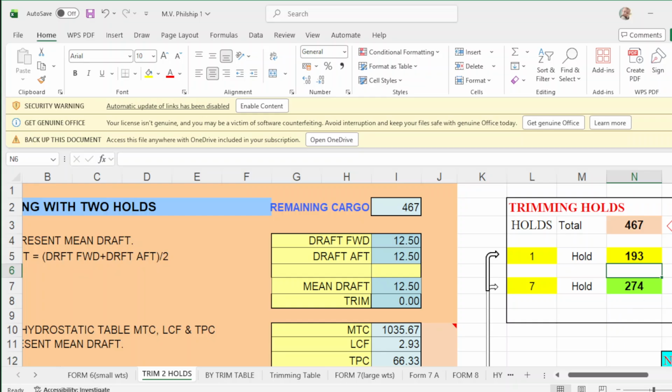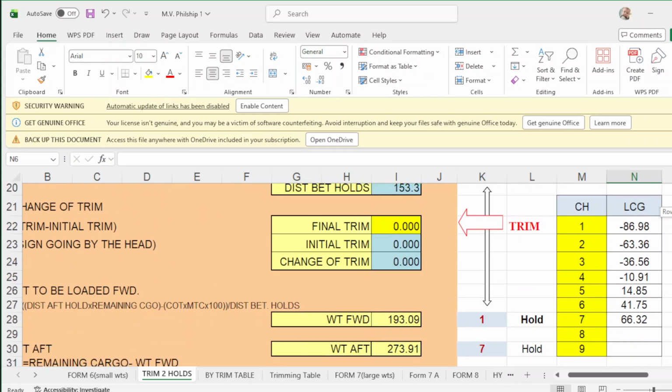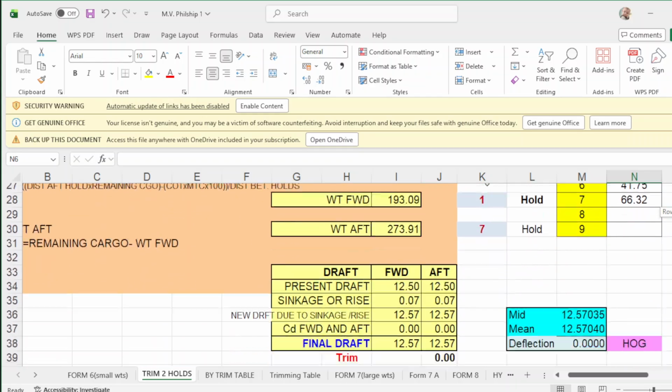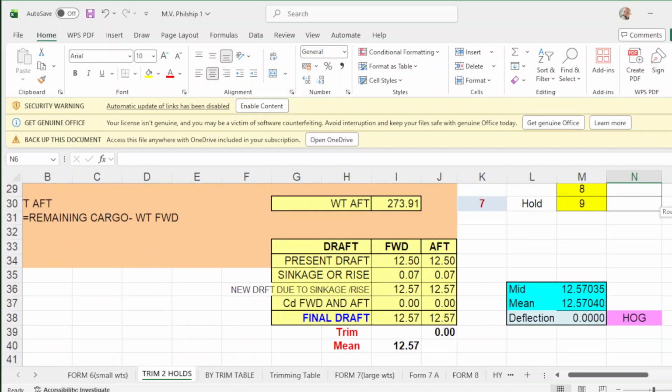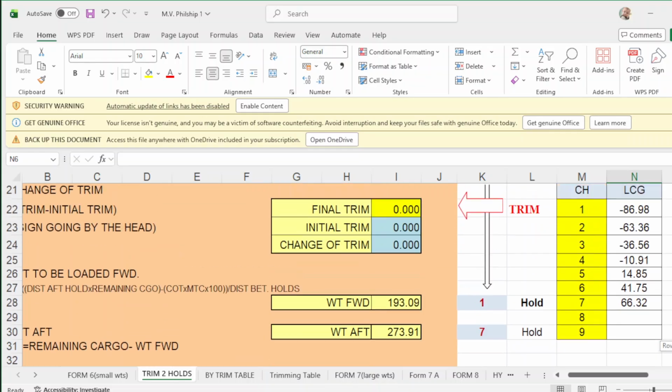And number 7 will be 274. Is that correct? And your departure drop will be 12.57 forward, and up is 12.57 up, and your trim is 0, your mid drop is 12.57.